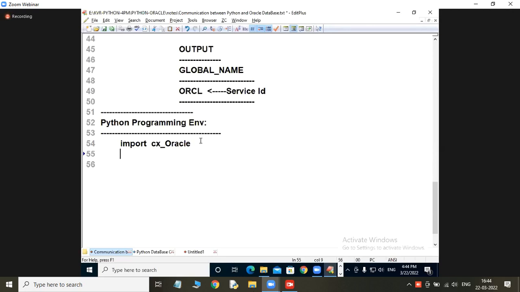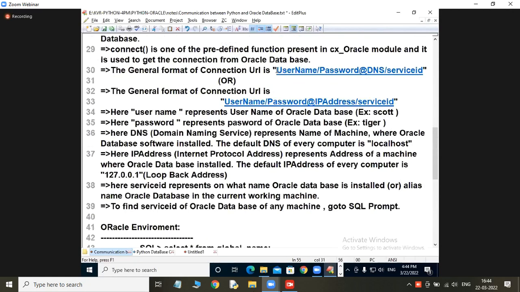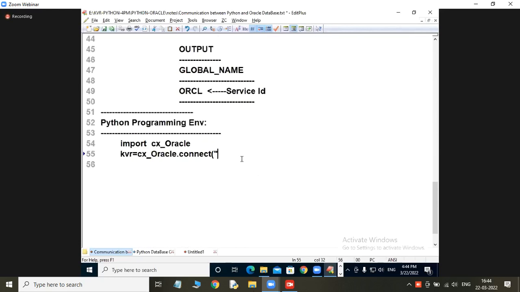Shall I write? Some name, KVR, is equal to cx_Oracle.connect of username. Always you must remember this syntax, my dear students. Tell me, what is the username? Scott/tiger@